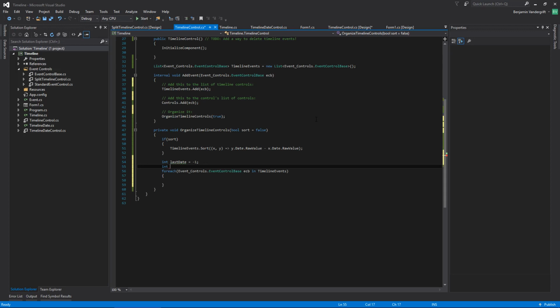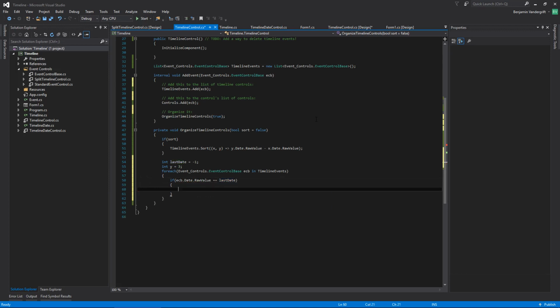I'm just going to do y equals 3, because I like to start stuff off at 3. So if ECB dot date dot raw value is equal to last date, then